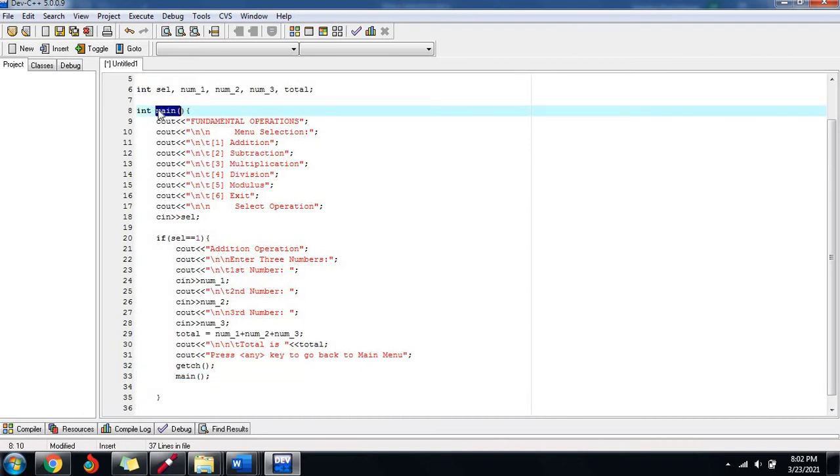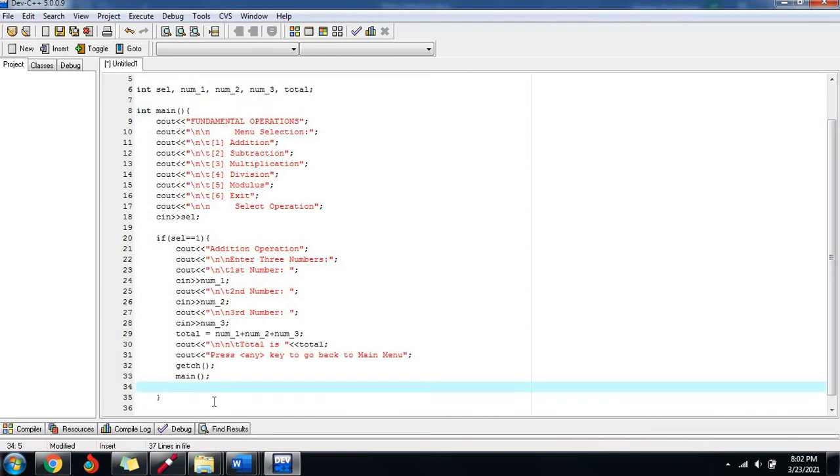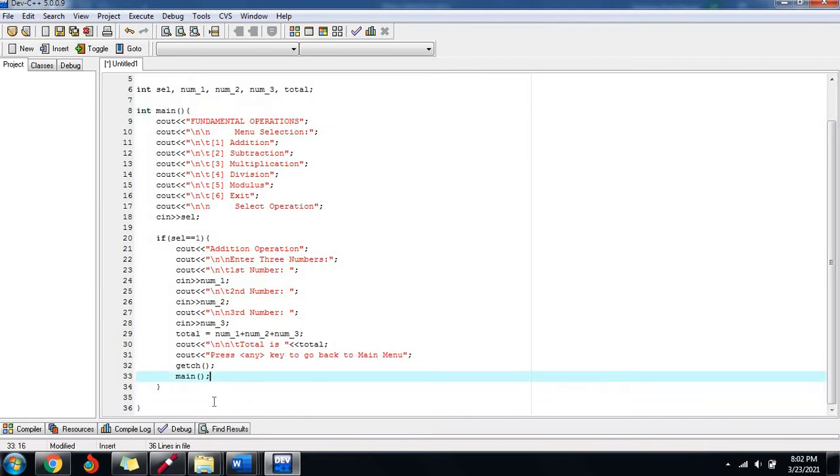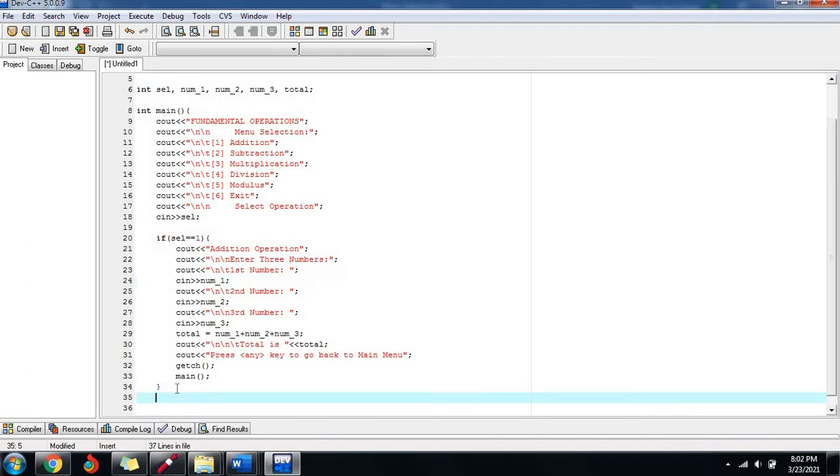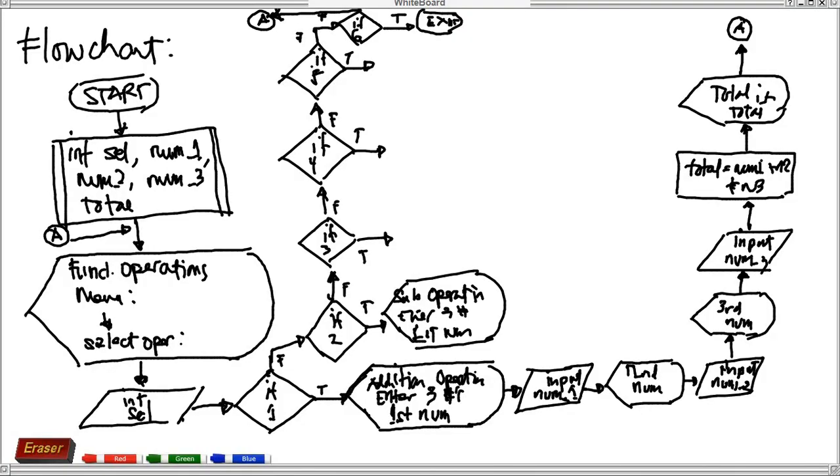So it will go back here. Okay, so that is how you're going to make your addition operation. After displaying the addition operation, it will go back to your main menu. Okay, so for the second condition, which is else if, since I've told you a while ago, take note here, if you're going to look at the